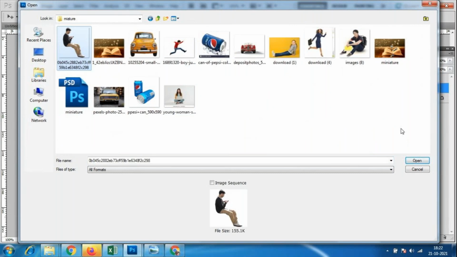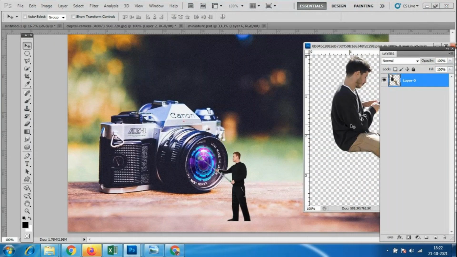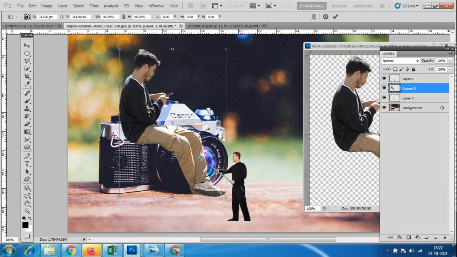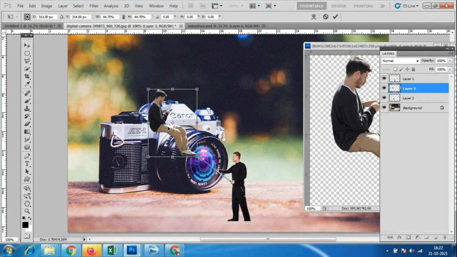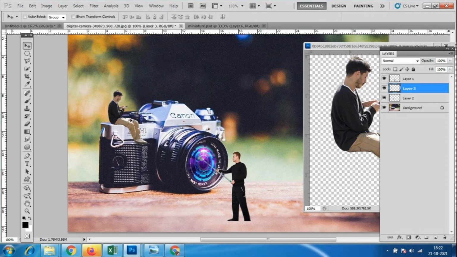Even the same image we can take like this, and look here, I can place it, Control T, and place it over here like this. So we need different poses.